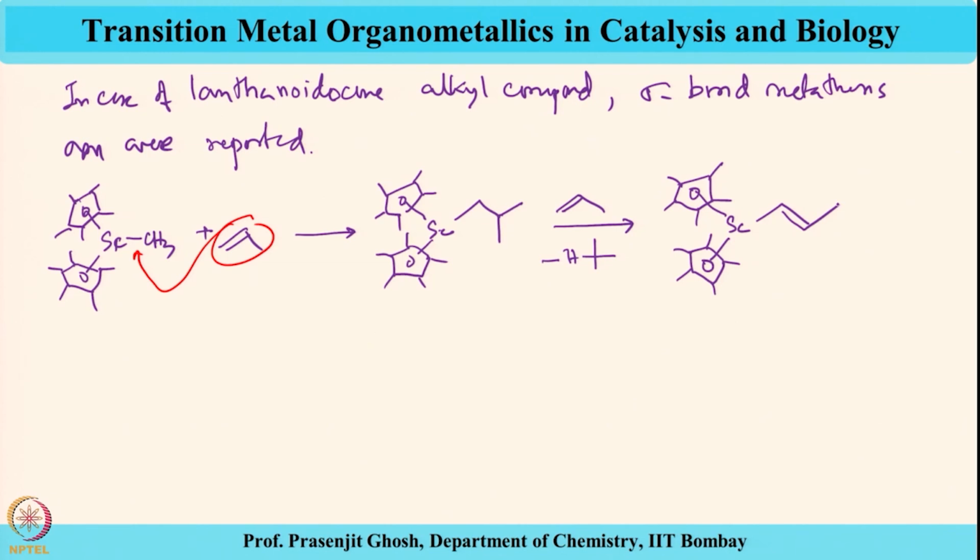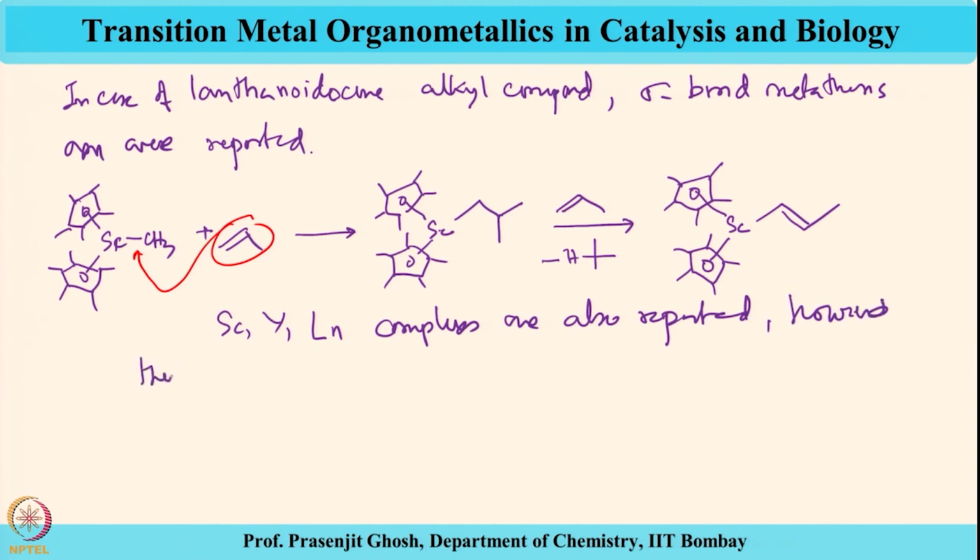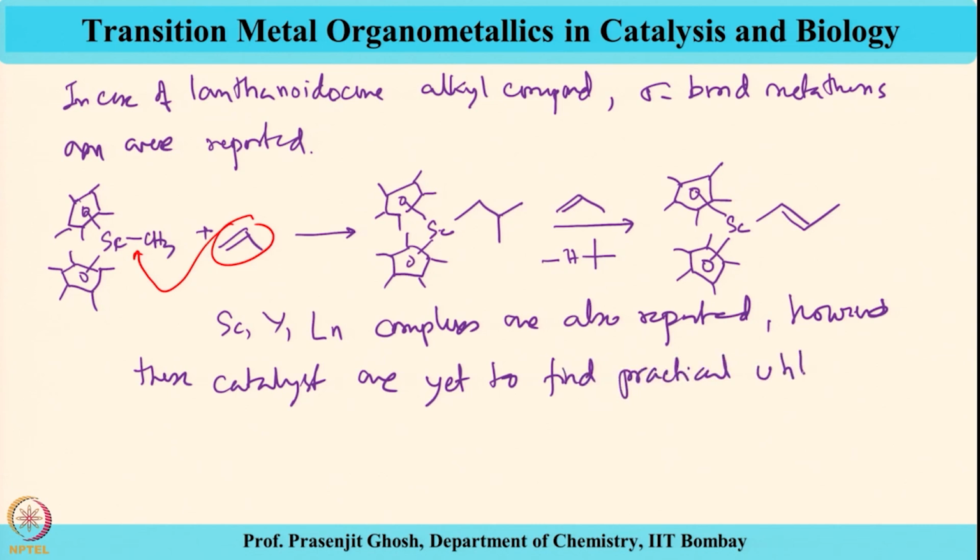and yttrium also plays a role, and then several metals of this type, for example scandium, yttrium, lanthanum complexes, are also reported to exhibit this polymerization activity. However, these complexes are yet to find practical utility. Now, these are starkly different in terms of behavior with respect to the early transition metal zirconium